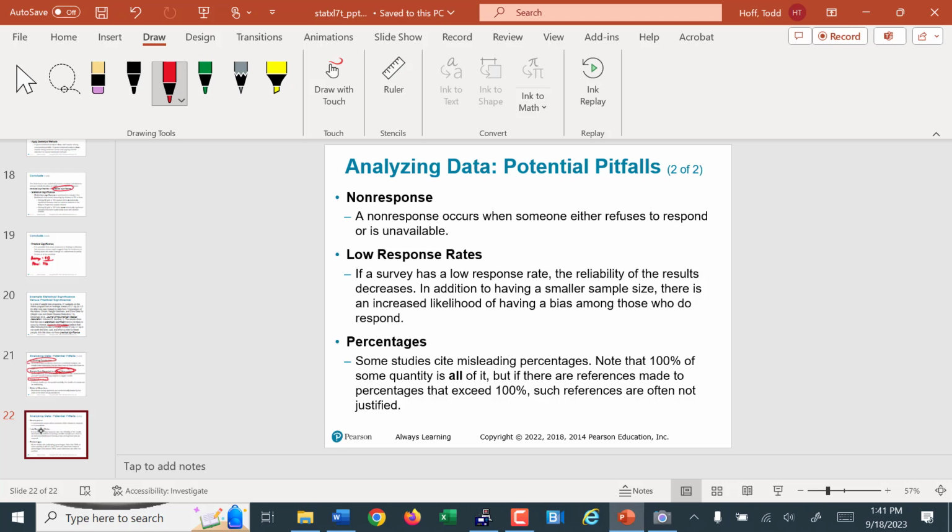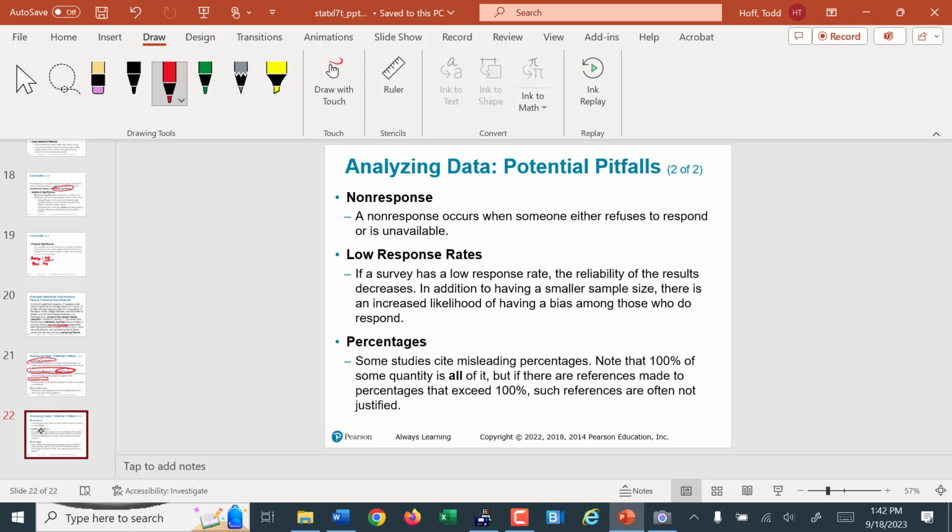Some Gallup polls claim that they get less than 10% response, but they seem to claim that they have a good accuracy. It's up to those that judge. And then percentages. Some studies have misleading percentages. One thing to note, and in the textbook, it goes over a little bit if you look through some of the textbook materials,